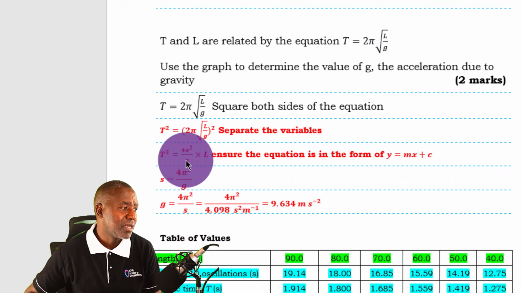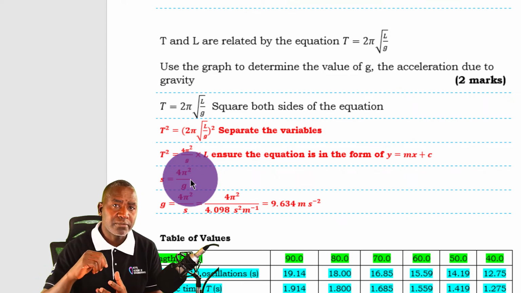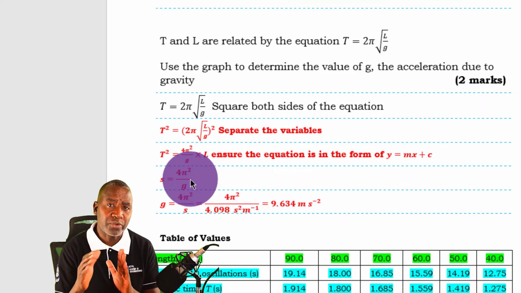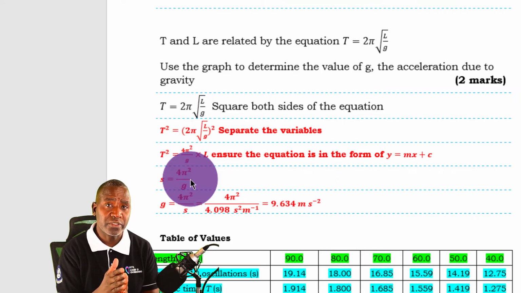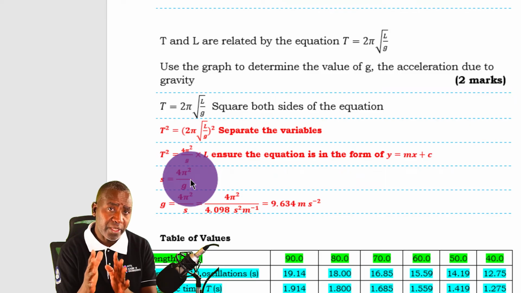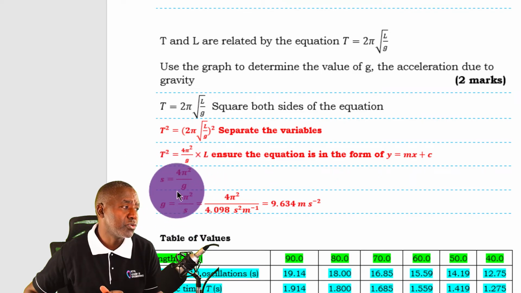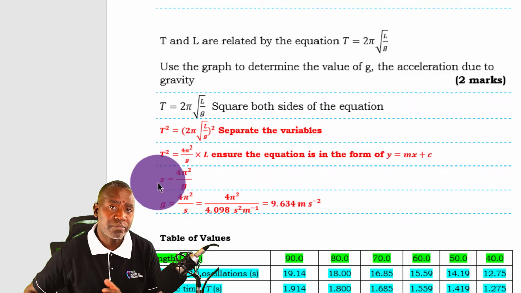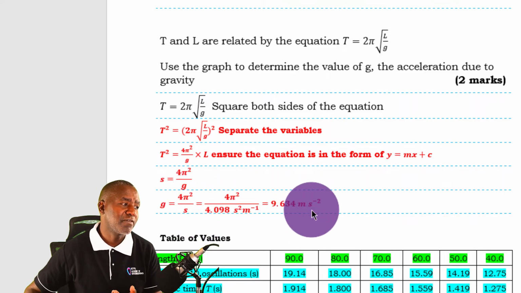Once you determine that the gradient is this one, 4 pi squared over g, I'm assuming here you don't have manipulation problems when it comes to making a certain letter the subject of an expression. Go through that particular topic in mathematics, and this one will be a very easy thing. Once you know that the gradient is equal to this, then it's up to you to make whatever you've been asked to calculate the subject, and then you go on and substitute, like I've done here, to get the value of g to be